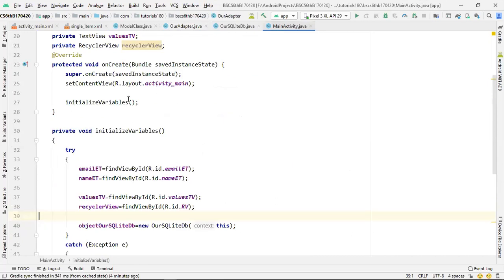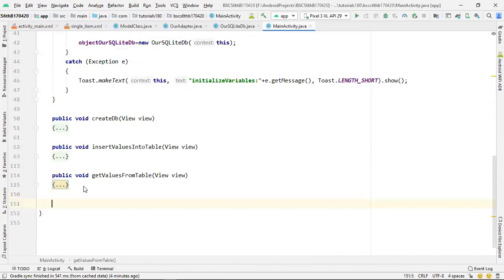First I will be creating a method over here. Let me call it add values to recycler.